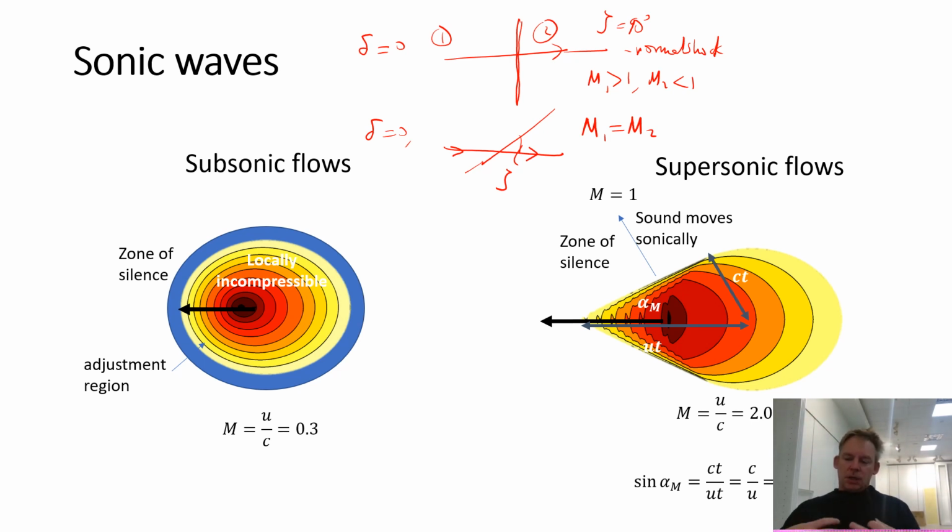And so between me locally moving around and the far field, which is beginning to feel that flow perturbation, there is a process of adjustment. So locally the flow feels incompressible, but there is a distance away from me where that adjustment is propagating away. Beyond there, we have our zone of silence, the distance over which that perturbation